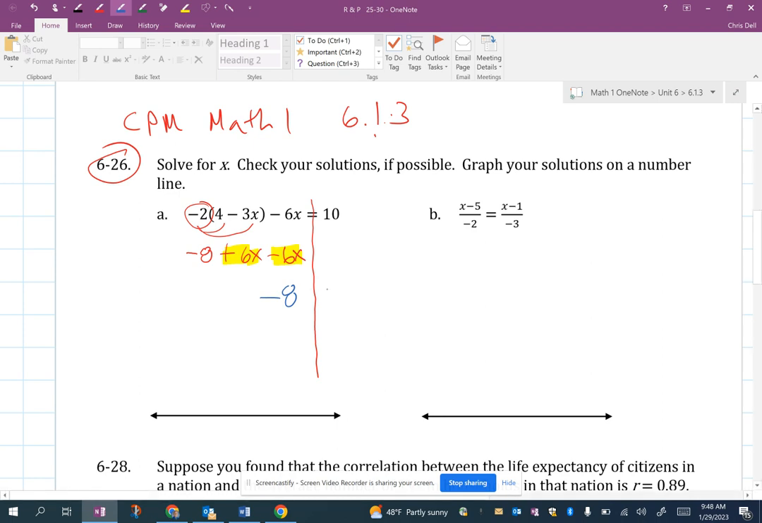So what we do is we check our last number sentence here. I have a -8 and a 10. And I ask, are those equal? They're not equal. So if your number sentences are not equal at the end, then you would say, therefore,